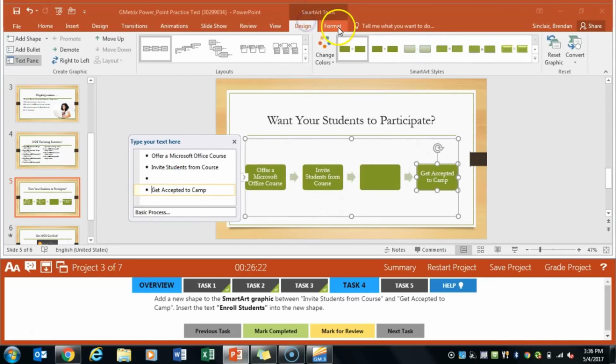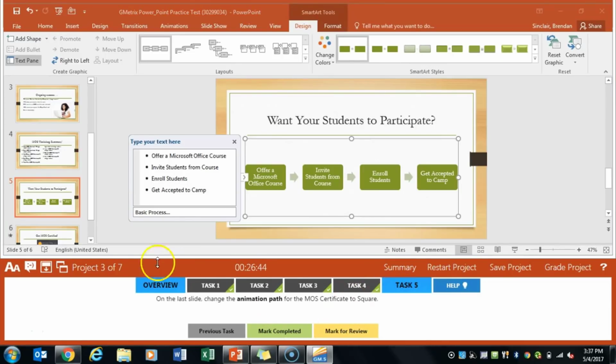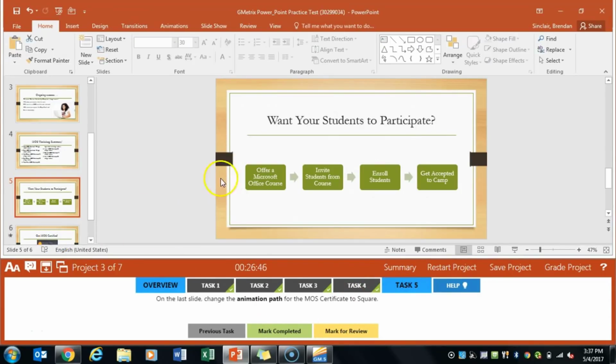You could also add the bullet points from the design tab on the Smart Art ribbon part and click add bullet, but I just went ahead and clicked enter, and we'll type in enroll students, and notice I've capitalized both the E and the S. We'll click Mark Completed. And task 5 asks us to go to the last slide, and we have this picture